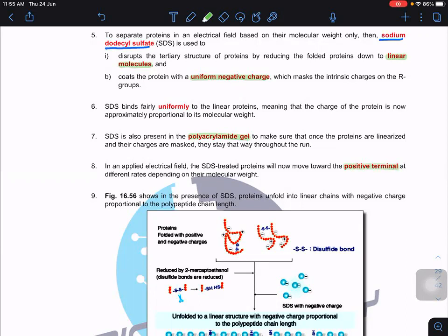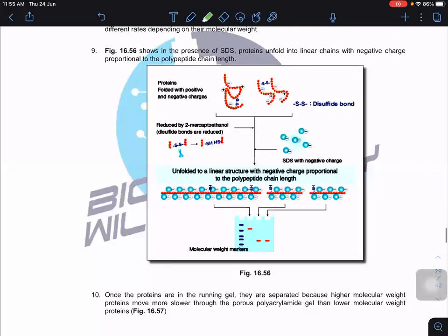Depending on their molecular weights. So don't worry about this, guys. This methyl ethanol is the one that actually cuts the disulfides. Okay, I don't have the